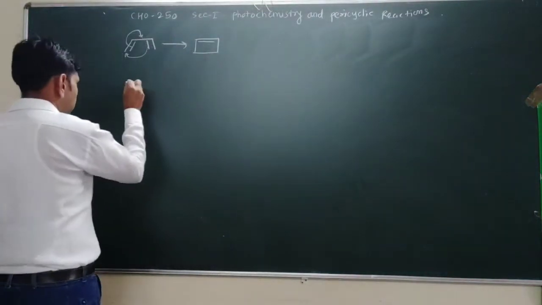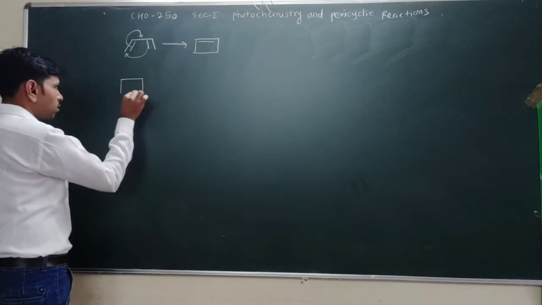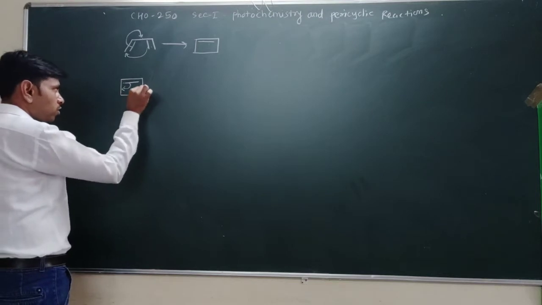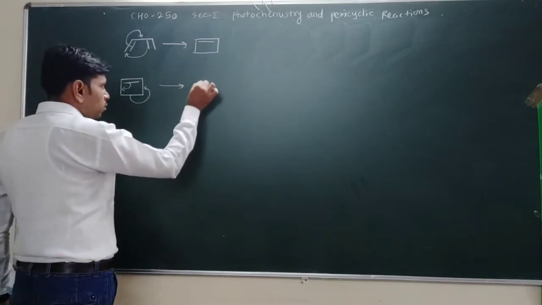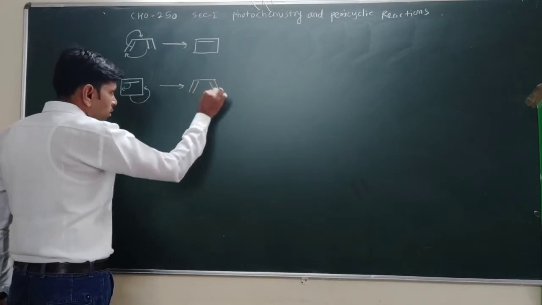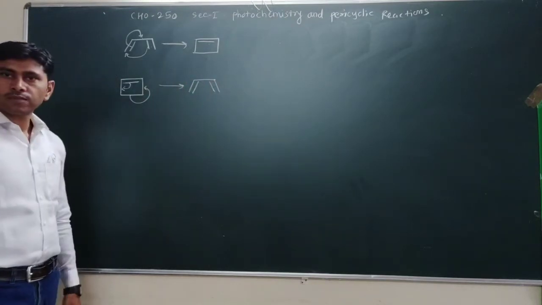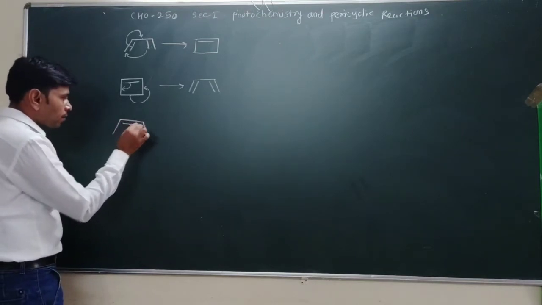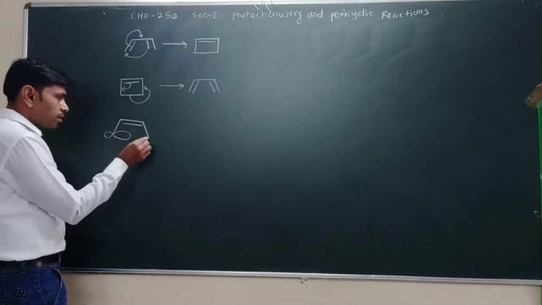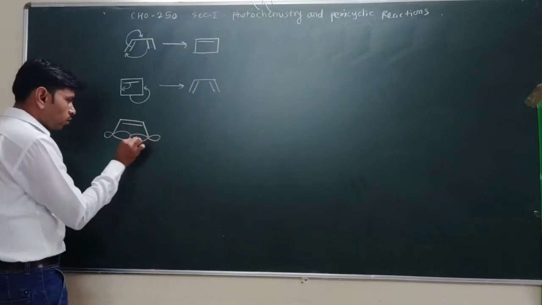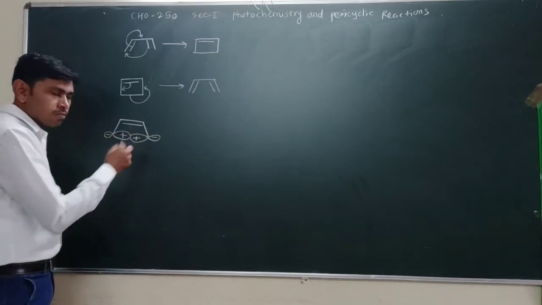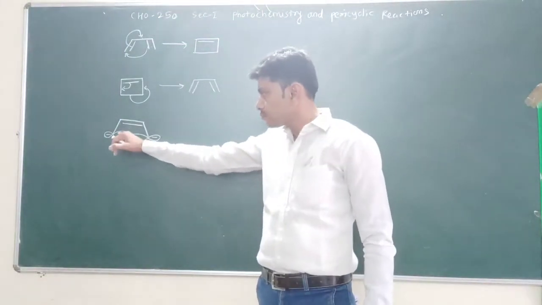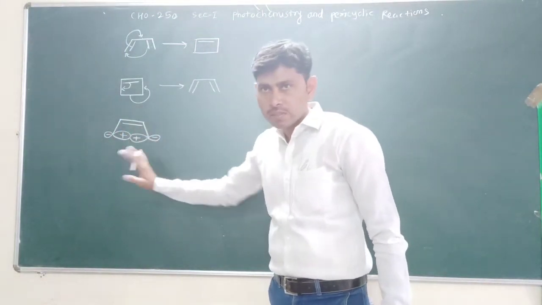Now when we consider the reverse reaction: this pi bond shifted here, this sigma bond broken here, and another pi bond generated here. So in these cases the sigma bond is broken. And what is a sigma bond? A sigma bond is formed by the overlap of p orbitals. This orbital and the other orbital overlap, and the plus signs indicate that this is a bonding overlap. When this bonding overlap is there, this sigma bond is stable.